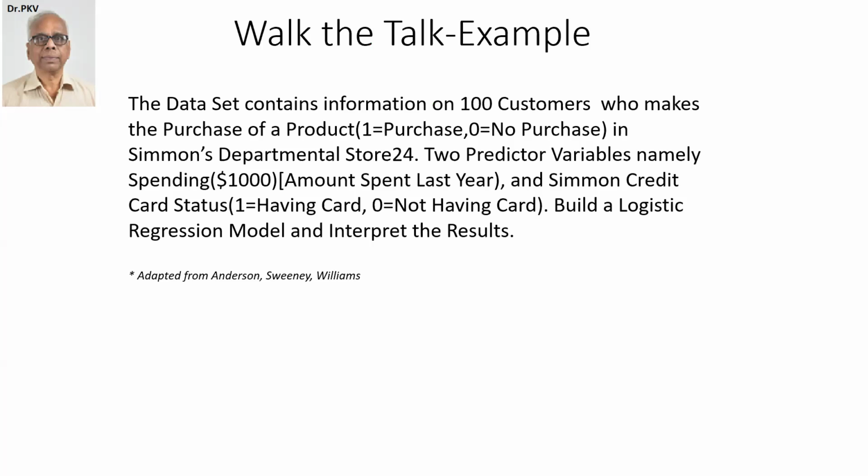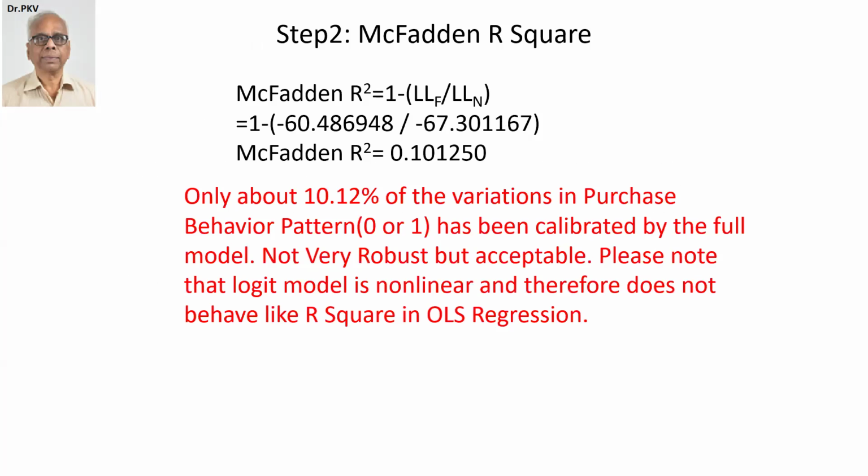Let us recollect the example, the same example of the data set on 100 customers, two predictor variables, spending and having the Simon credit card or not. The target variable is purchase, 0 or 1, binary type. 1 is equal to purchase, 0 is equal to no purchase. Now we are going to discuss step 2 and step 3. Step 2,